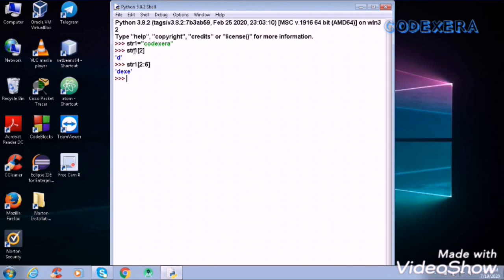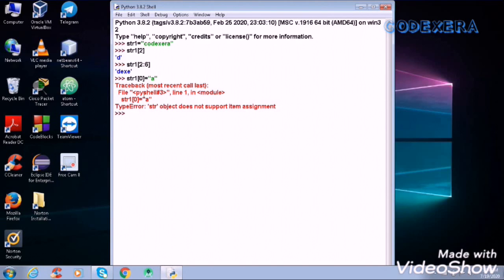I will show you one example. Suppose here str1 is our string. If I want to put the value a at index number 0, it says type error, string object doesn't support item assignment. It doesn't support item assignment, which means we can't change the value of a string.